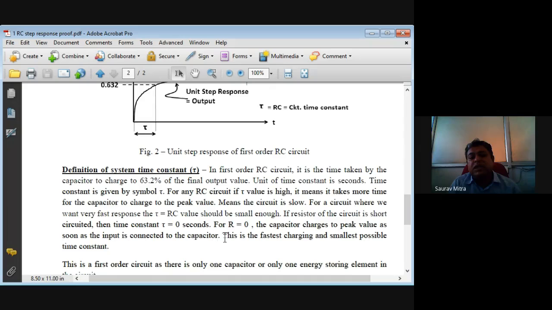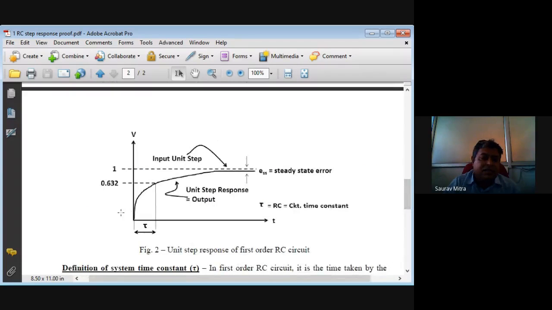As soon as the input is connected to the capacitor, the capacitor gets charged. This diagram shows the charging time of the capacitor. Initially the charging is faster, then as time goes by, the charging gets flatter. That means the charging process becomes slower and slower. After this point, the capacitor is not getting charged anymore. It maintains the same charging level.